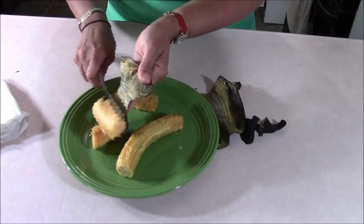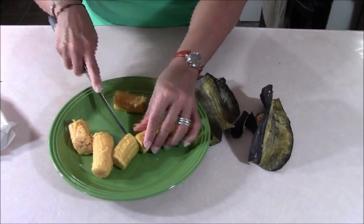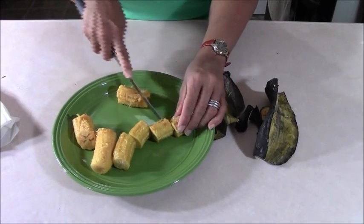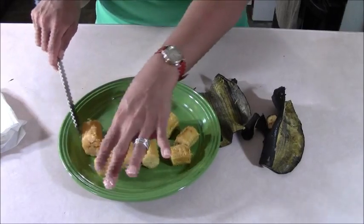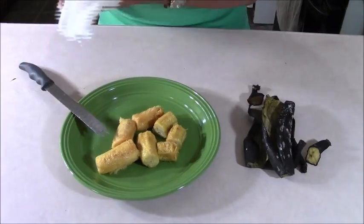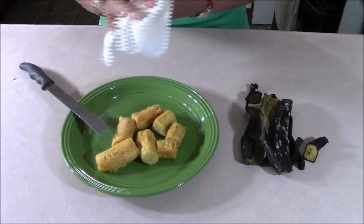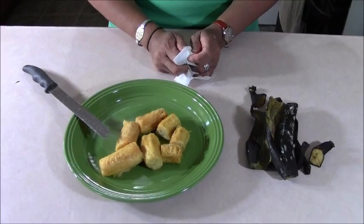We'll leave that one big. In my book I say cut it in 4s, but this plantain is kind of small, so that's one. You don't want to slice it the way I did in the first video when we did the fried plantains, because this is fried baked plantain. So we're going to get rid of this, and I have the oil on the stove getting heated so we can make this plantain. So come on, let's move over to the stove